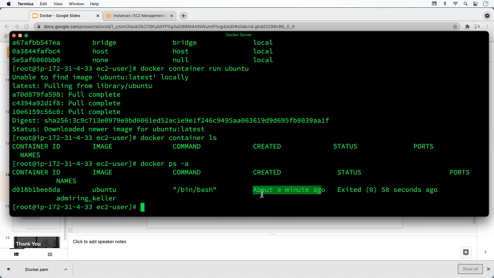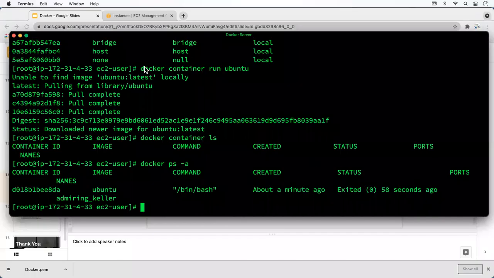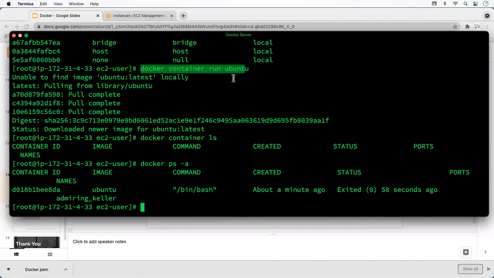That means it was created 1 minute ago and exited 58 seconds ago. It stops by default. How to attach to or run this container, we will see in this video. So this command docker container run ubuntu means it creates an ubuntu container, deploys the ubuntu image and stops it.